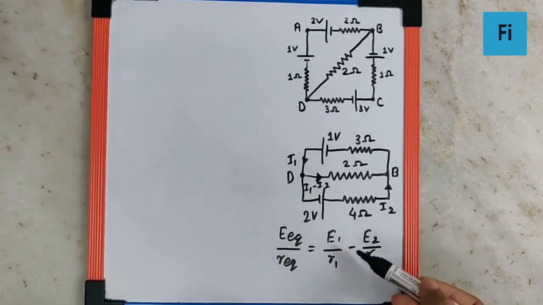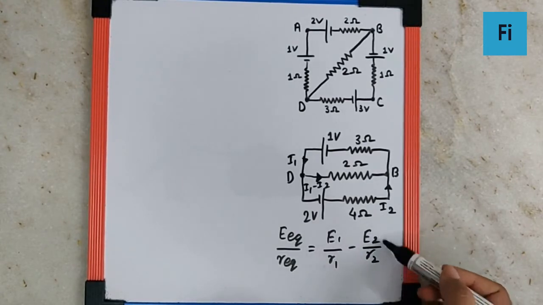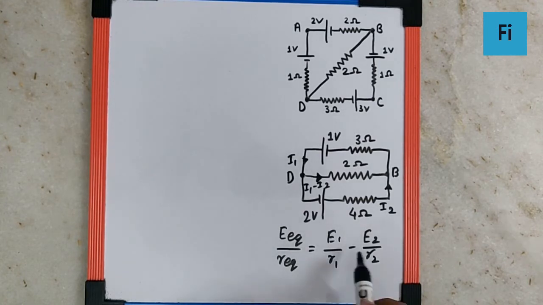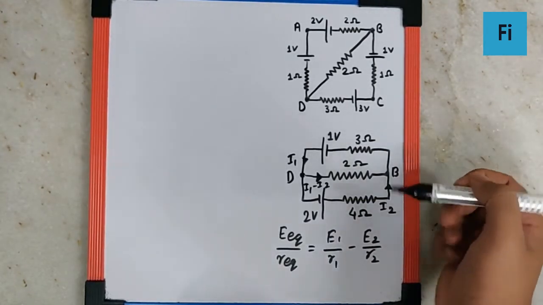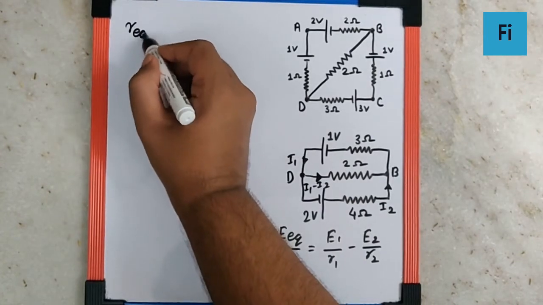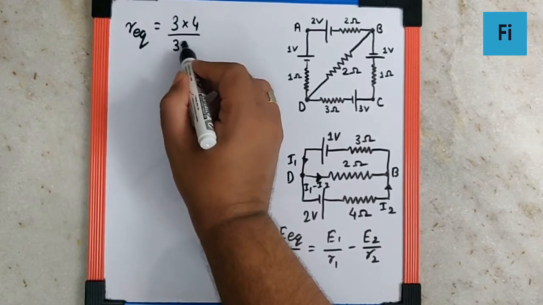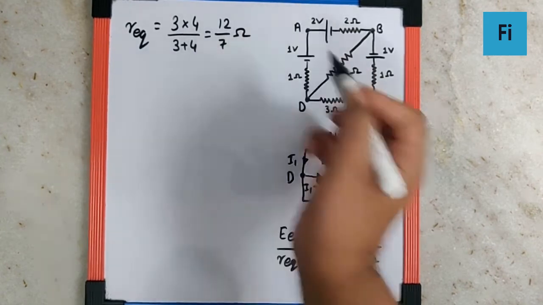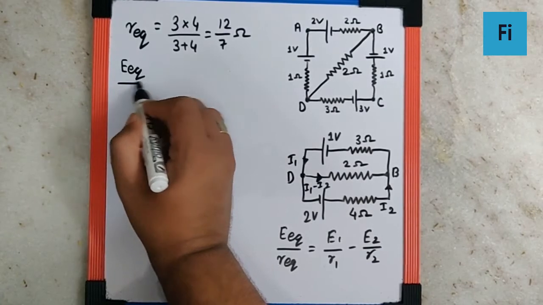I1 minus I2, we can say E1 by R1 is representing I1 and E2 by R2 is representing I2. And this represents I equivalent. So I equivalent is I1 minus I2. Now if we substitute the values, for R equivalent it is the resistances 3 and 4 parallel to each other. So definitely R equivalent is going to be R1 into R2 upon R1 plus R2, which gives us 12 by 7 ohm. Correct? So now if we substitute the values in the equation, we get E equivalent upon R equivalent